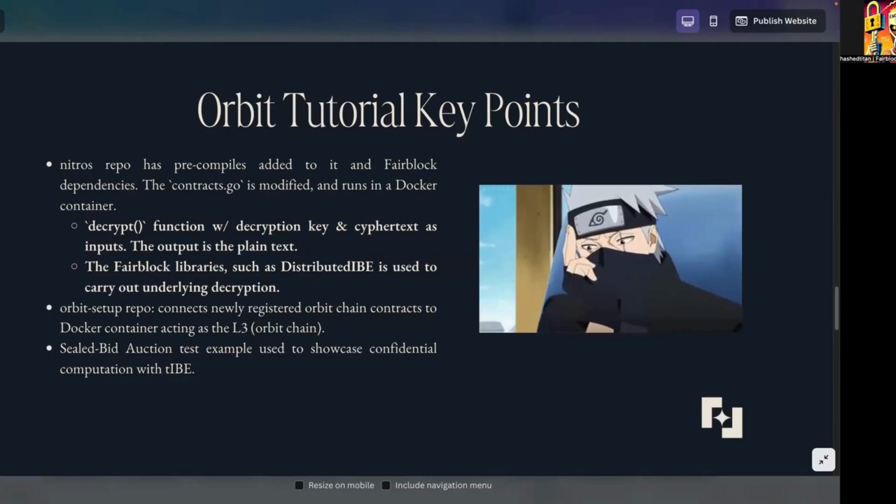Okay, so FairyKit, as mentioned before, is a general term for various integration modules that basically depend on the integrating chain and the developer's design choices. So for today, we're focusing on how the execution logic is changed using precompiled logic added in through the contracts.go file. It is further tested with a local Docker container in this tutorial